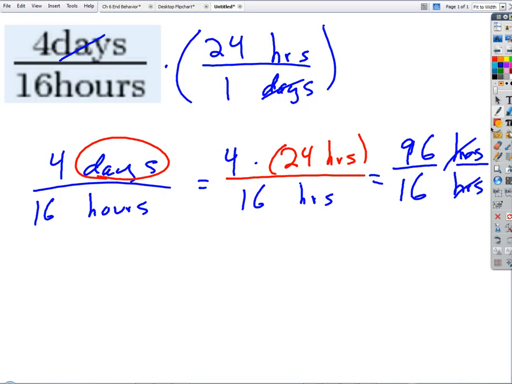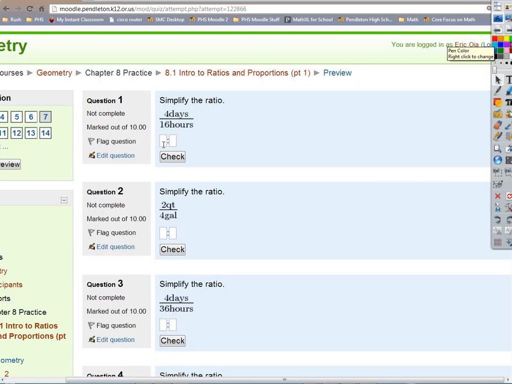Okay, so 96 over 16 reduces to, 16 goes into 96 6 times. So that would reduce to 6 over 1, the units cancel. And so then in Moodle, they actually want this written in the form of a colon ratio. So what goes where? If the answer is 6 over 1, what part goes where? 6 goes first and 1 goes second. The numerator always goes first, denominator second. So I would just do,